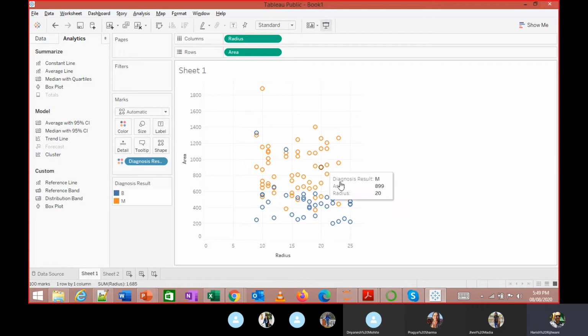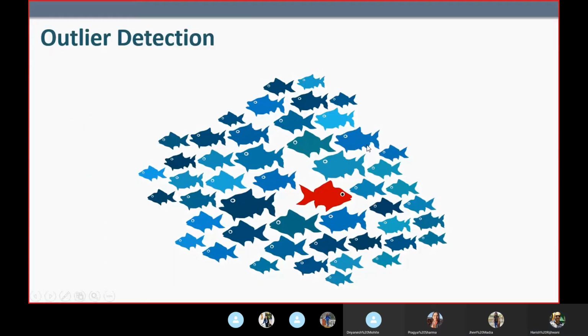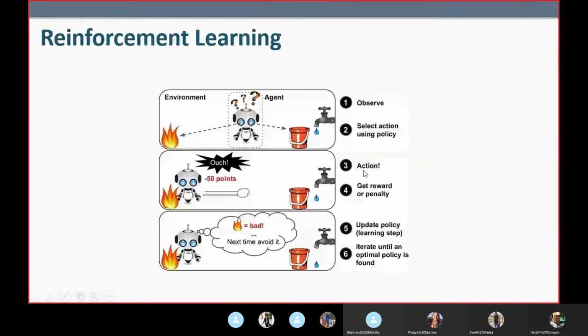So that is still benign. But over here, the others are malignant, even though the radius is in that same line, because of the area, it's kind of becoming malignant. Okay.